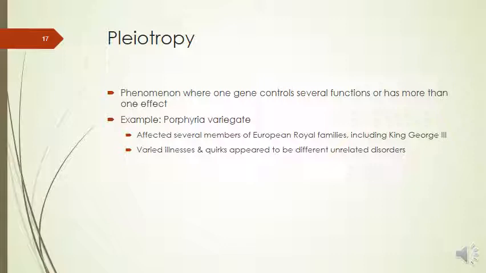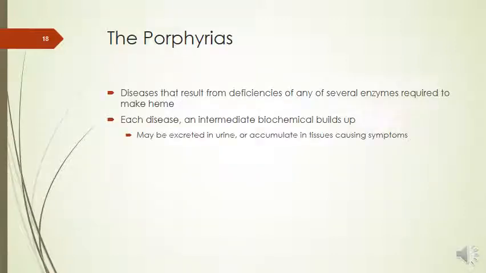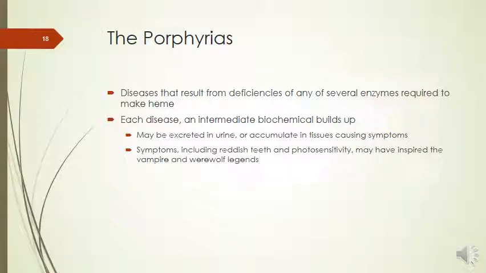including King George III, and there were different illnesses and quirks that appeared to be different, unrelated disorders in these various people. In looking at porphyria, these are all diseases that result from deficiencies of any of several enzymes required to make heme. In each one of these diseases, an intermediate biochemical builds up. Sometimes they're excreted in the urine, or sometimes they accumulate in the tissues,